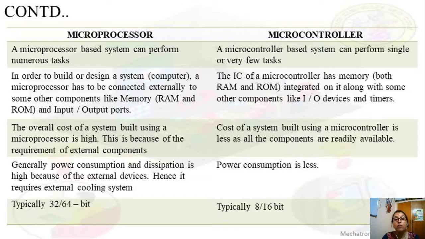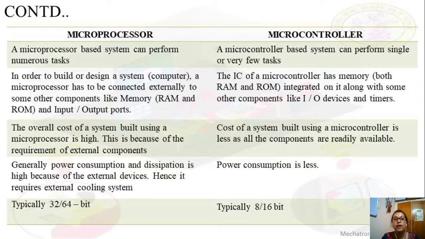Microprocessors are typically 32-bit and 64-bit. Microcontrollers are typically 8 or 16-bit. Examples of microprocessors are the 8085 and 8086. Examples of microcontrollers are the 8051, ARM and PIC microcontrollers. These examples you can also keep. And also the applications: microprocessors are used only in personal desktop computers or laptops, that example we can give. For microcontrollers there are so many examples, all the electronic gadgets. And that will make a difference.